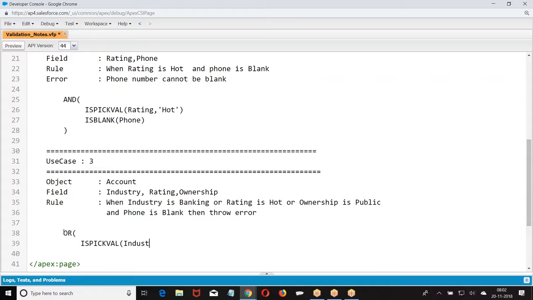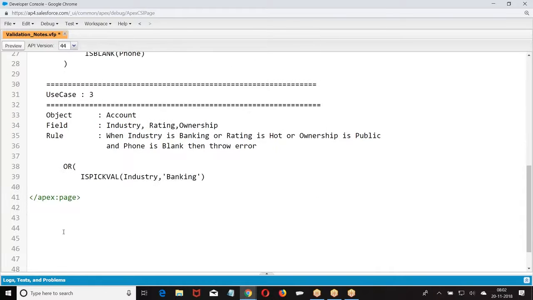Is picklist of industry. Is picklist of ownership.